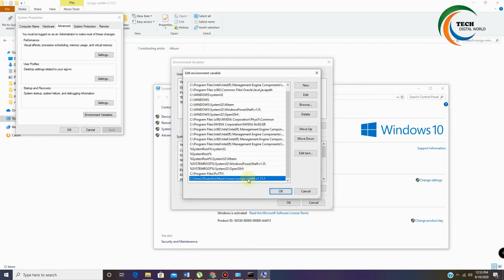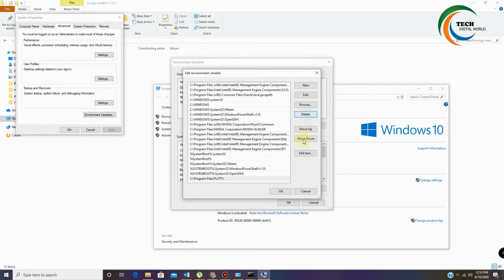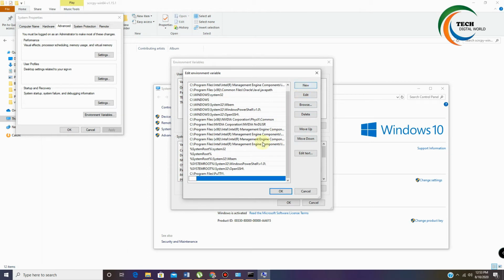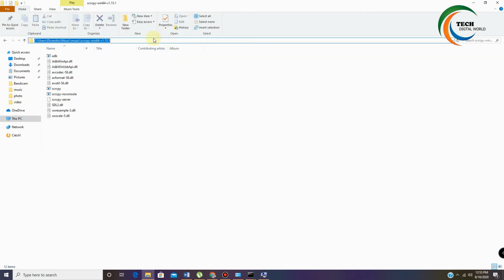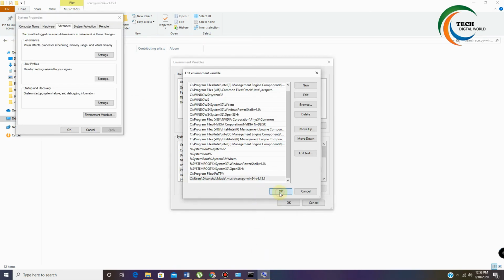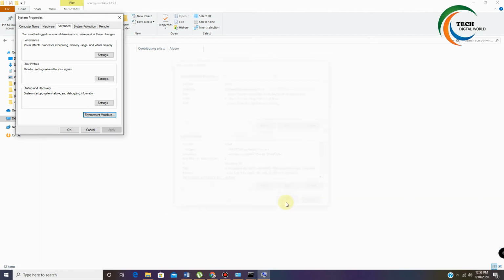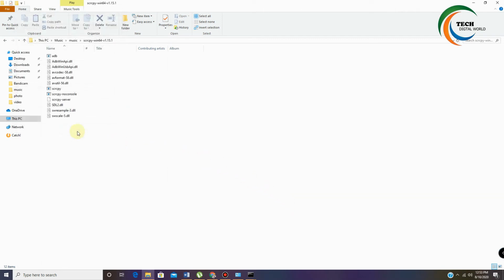See, I have already given a path. Let me delete this entry and add this path, the path of the software. I'm entering it here. You have to follow these steps. See, I'm showing you again, the path of the software. You have to copy this here, click OK, and then the path is set. Then you don't have to visit this folder again and again, so no need to click here.